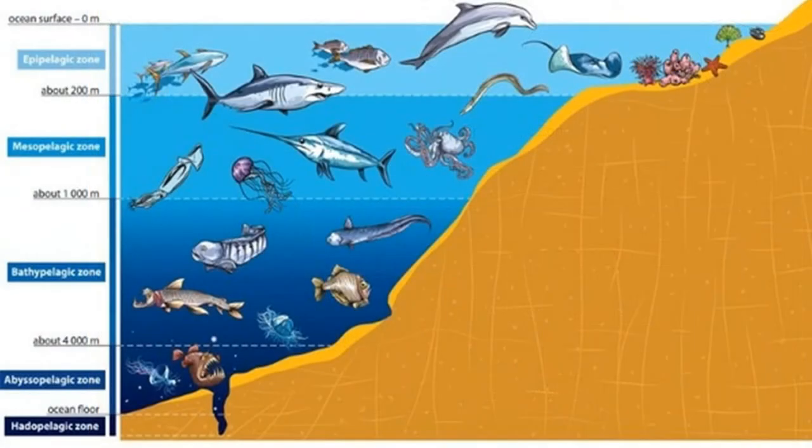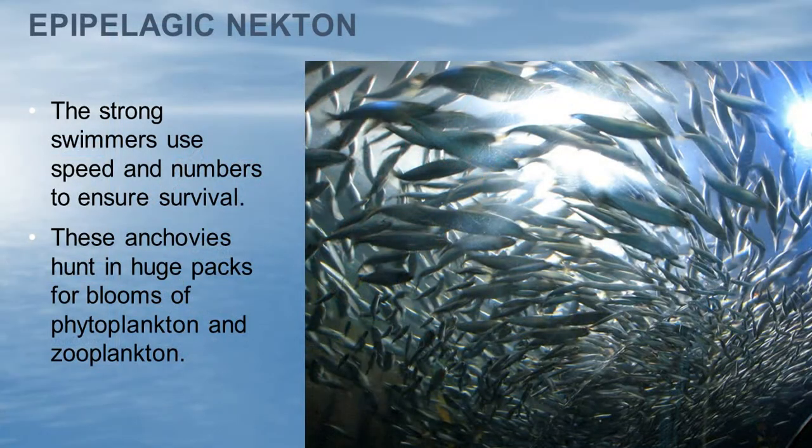Here are some of the creatures we find in the epipelagic. There at the top, the swimmers that are up there. They will sometimes go down a little bit deeper, but for the most part, they're considered the swimmers, the nekton, the epipelagic nekton. And as we get down deeper, you can see some of those pictures of those strange creatures there. So here's our first blank we're filling in, the epipelagic nekton. If you remember, nekton means they're swimmers.